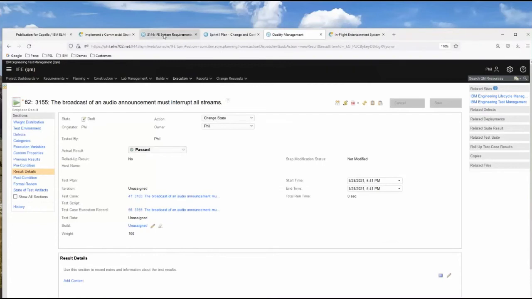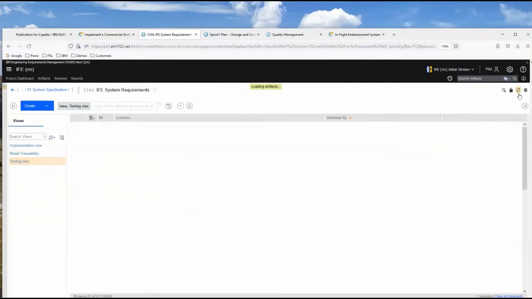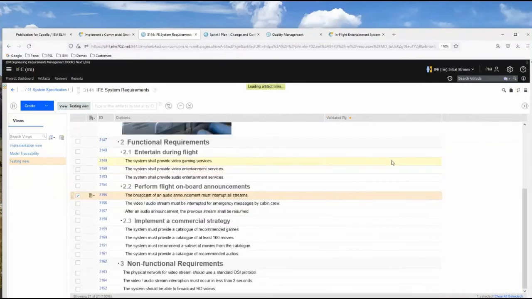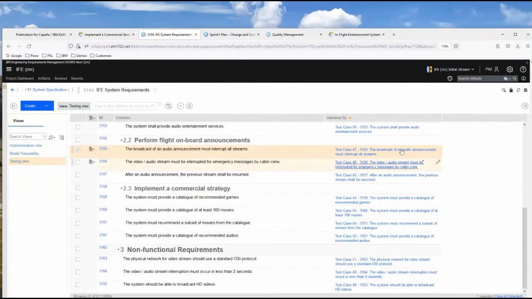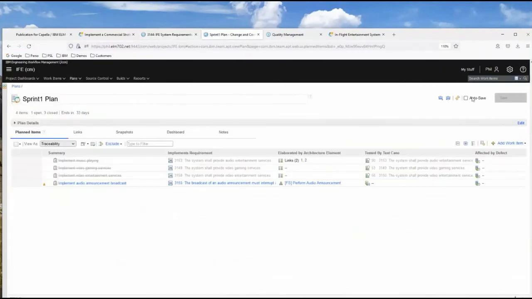So now I have it here. If I refresh my view for this requirement, you see that there is a test case, and we see here that it's green. This test has been successfully passed. Okay. I refresh here,